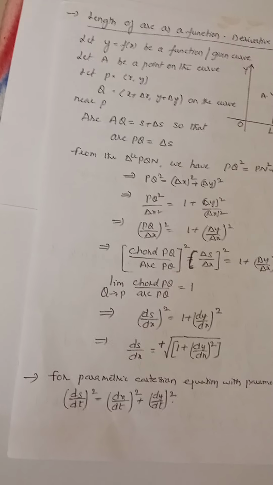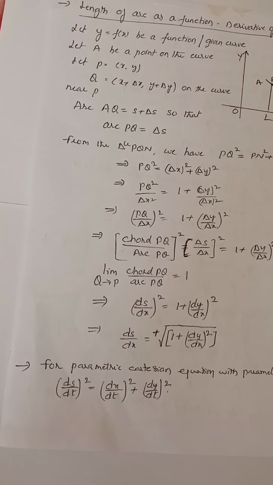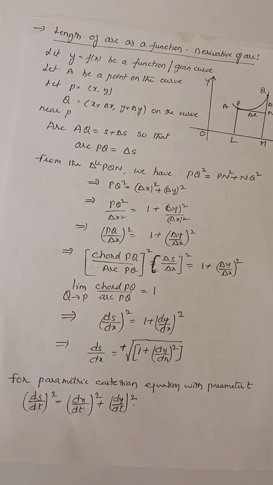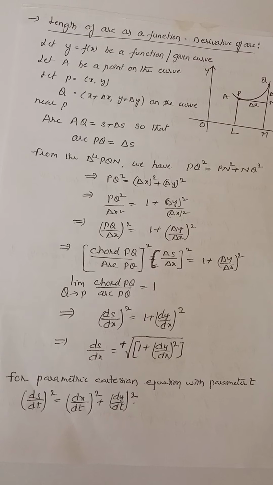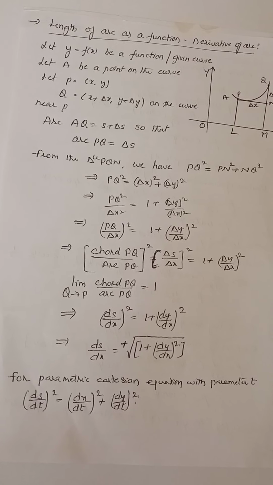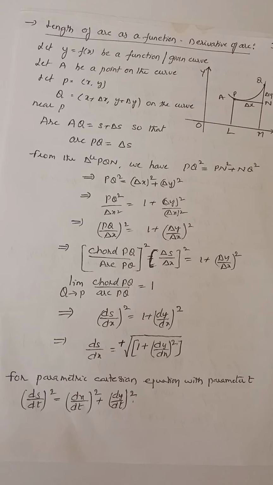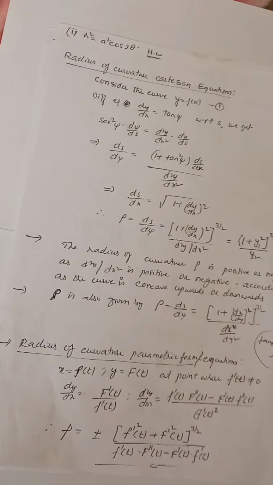right? Now next one is, if the Cartesian coordinates are given to you, that means x and y values are given to you. If the given surface equation is in x and y, then how to find the radius of curvature? The radius of curvature is given by rho is equal to (1 plus (dy by dx) whole square) whole to the power of 3 by 2, by d square y by dx square. That formula also we know, right?